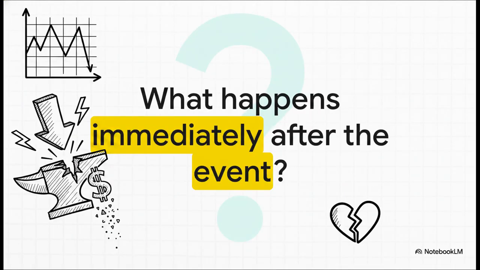And here comes the really painful reality check. What do you think happens the minute the news is actually announced? The event passes. The uncertainty vanishes. The fear is just gone. And even if the market shoots in the exact direction you predicted, the implied volatility drops like a stone. This is what we call IV crush. The premium of the option collapses so incredibly fast because of that dropping volatility that it completely wipes out any gains you would have made from the actual price movement. This, my friends, is the exact answer to the question we asked at the very beginning of this explainer. You got the direction right, but IV crush completely destroyed your premium.